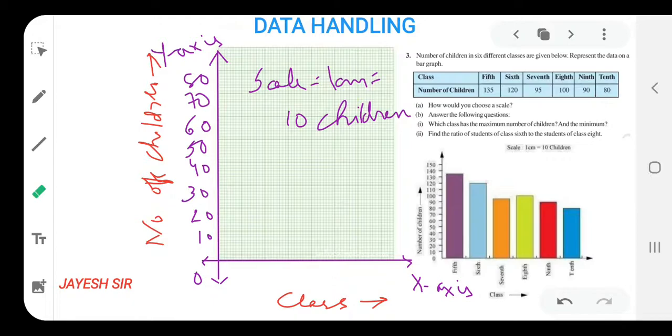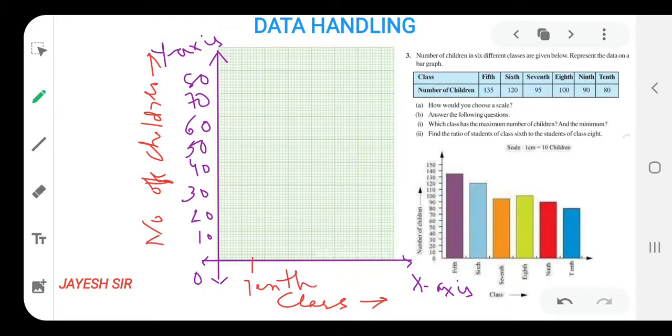Now we have to just mark. I am marking what I can mark. Yes, 10th I can mark because I have drawn till 10th only, because I am having lack of space. That's why I can show you for class 10th only, but otherwise the remaining are drawn over here. You can see and get the idea. So for class 10th I am drawing over here so that we can get the idea. Here I will write 10th, and in 10th we can find that 80 students are there. So I will mark the graph like this.